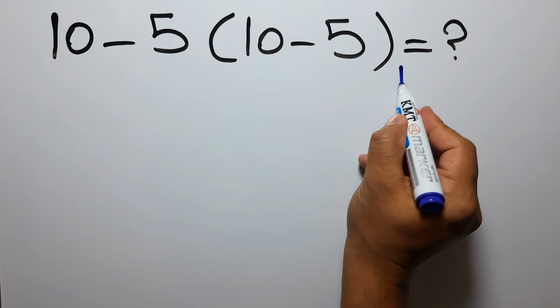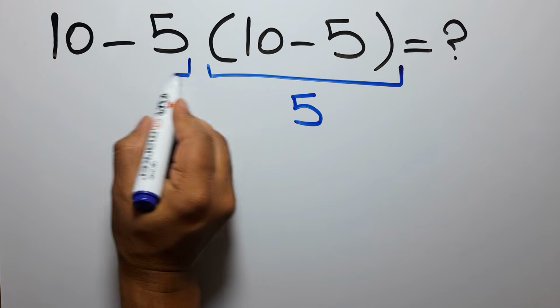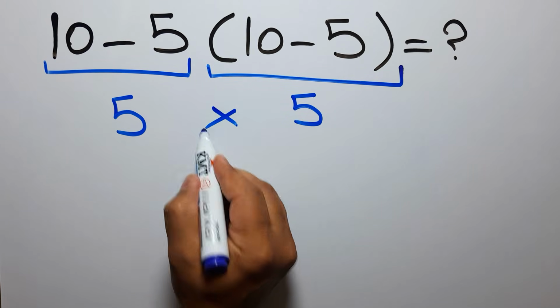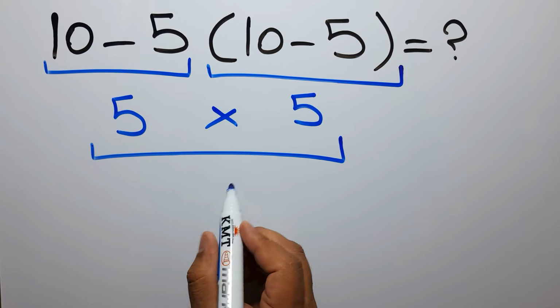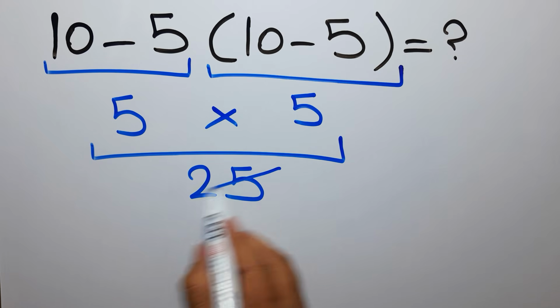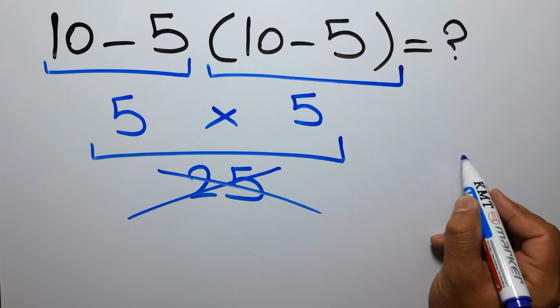10 minus 5 gives us 5. And again here we have 10 minus 5. So 5 times 5 equals 25. But this answer is not correct, because according to the order of operations, which is PEMDAS,